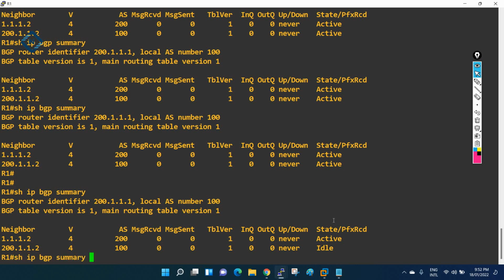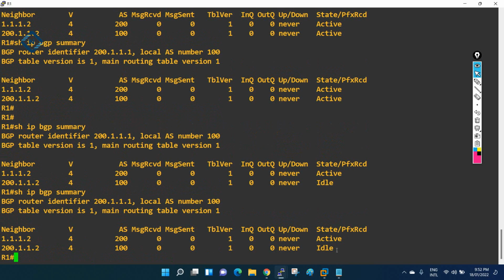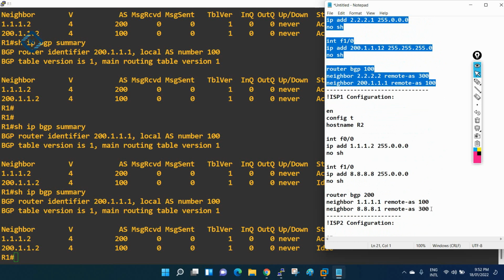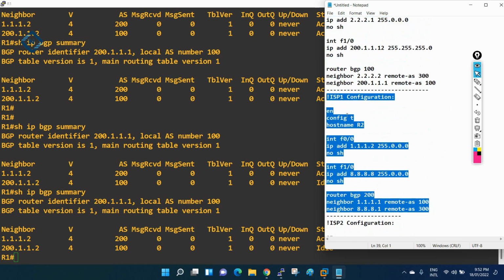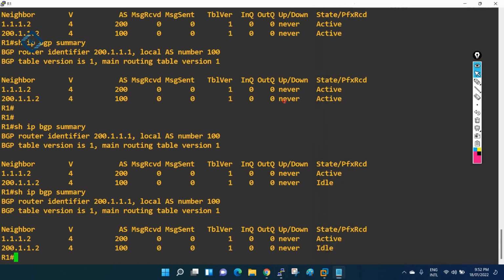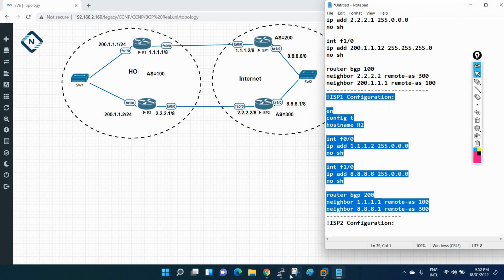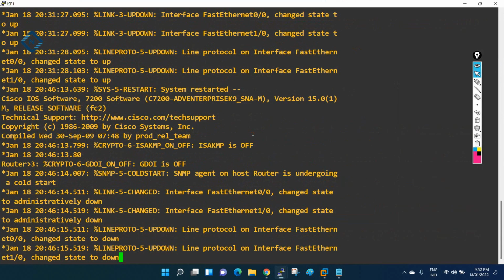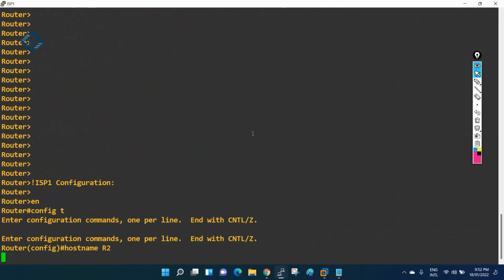Okay, now let me check again. If you see, still we have idle here and active here. Okay, meanwhile let me paste the other configuration. This is R2. Now let me paste this one on ISP1. So I will go to ISP1. Where is the ISP1? This is the ISP1. I will paste here in the ISP1.